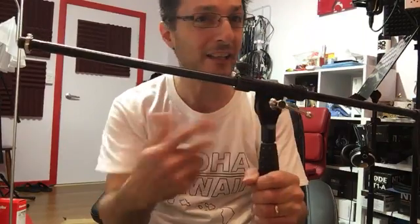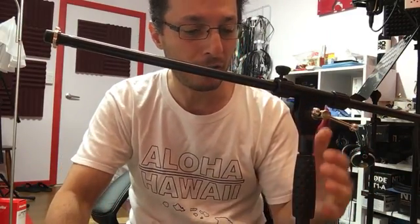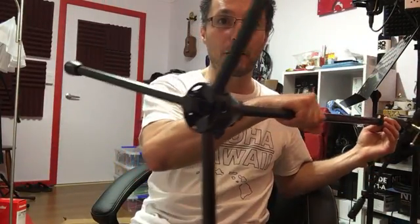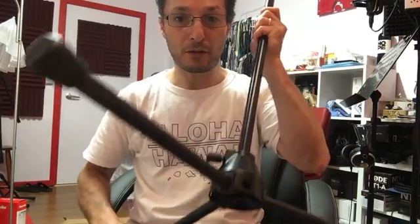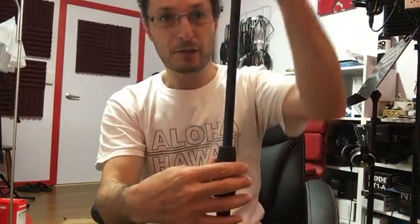Apart from how this is joined, which is very common, this is quite common for how microphone stands are. The weight of it is quite heavy, so that means the microphone will be quite stable. It comes with those hooks where the cable will go through, so it makes it nice and tidy. The bottom legs are quite solid and they're not rattling or anything, which is important. The tightening knob here is quite strong as well, which is good. Really solid base, with rubber feet so it doesn't scratch your floor. The grip over here is nice as well, it's sort of a rubbery feel. And twist it up, and that is